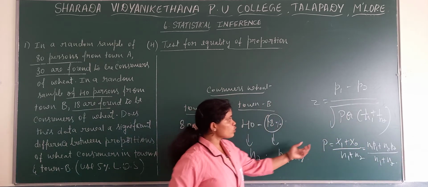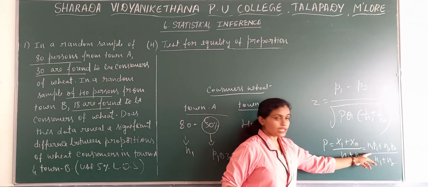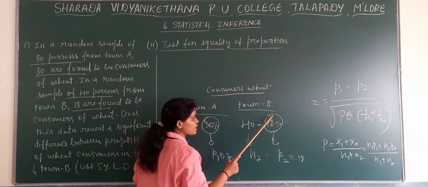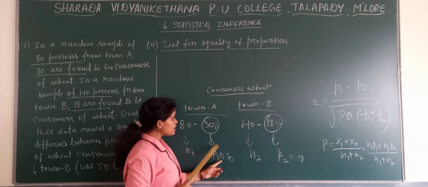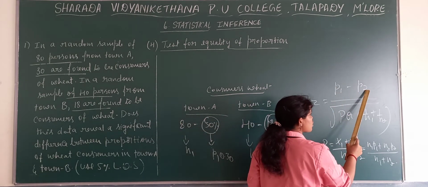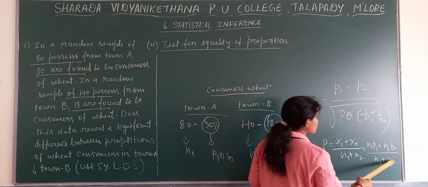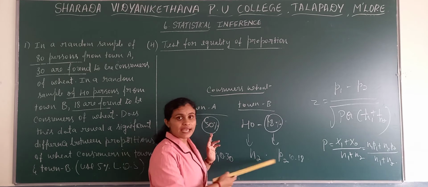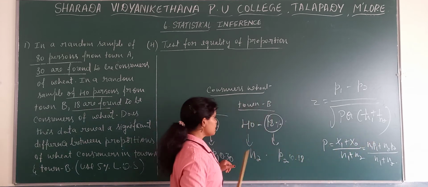See, here in order to find out this p value, we have two formulas. When to take this formula or when to take this particular formula. As I said, if you get this 30 and this 18 in the form of percentage, we directly consider it as P1 0.30, P2 0.18. Directly here we substitute 0.30 and 0.18. In such case, we take this formula to find P, because in this case we don't have the x values, so we need to go with n1 into proportion 1, n2 into proportion 2.